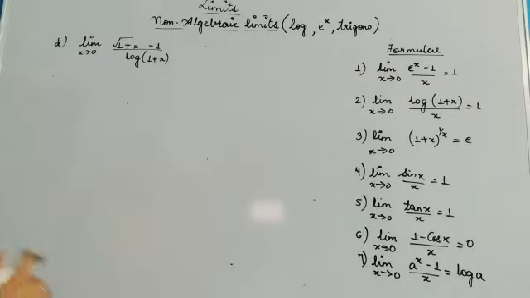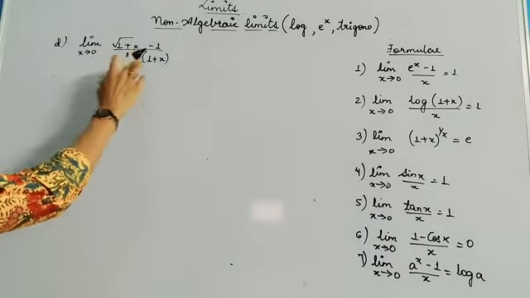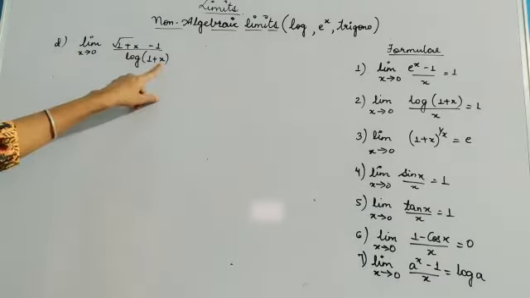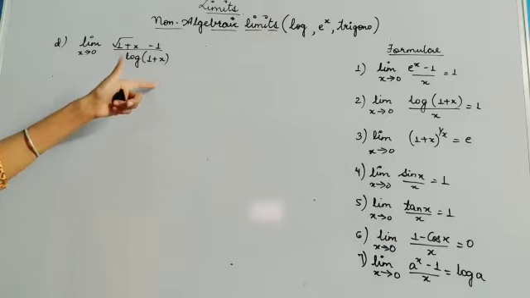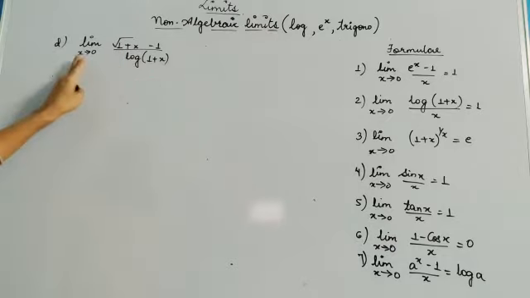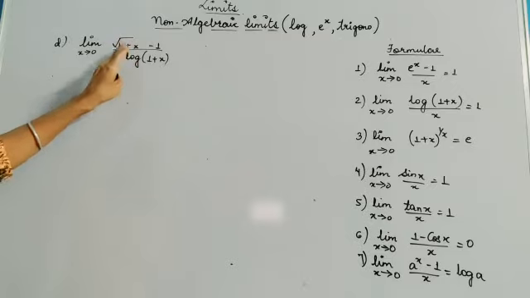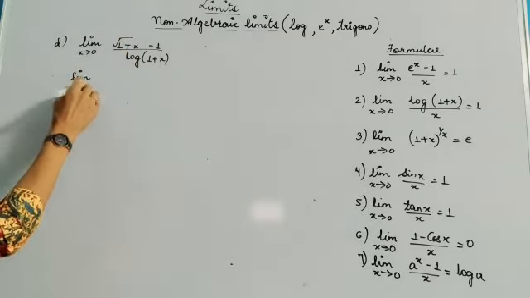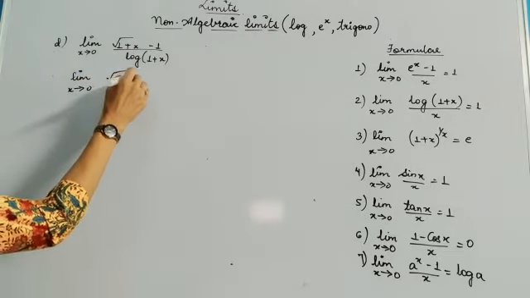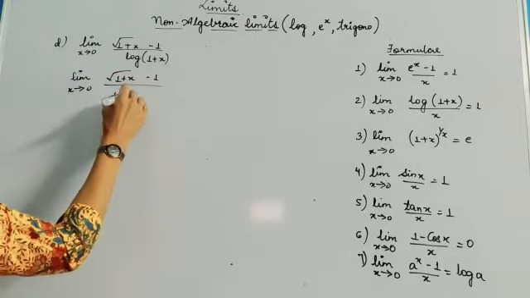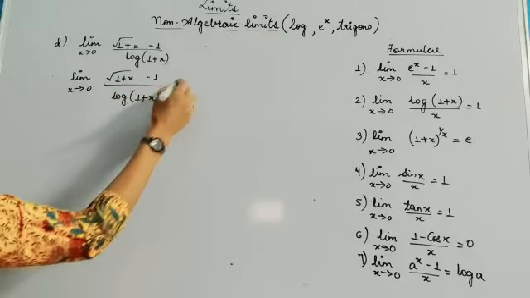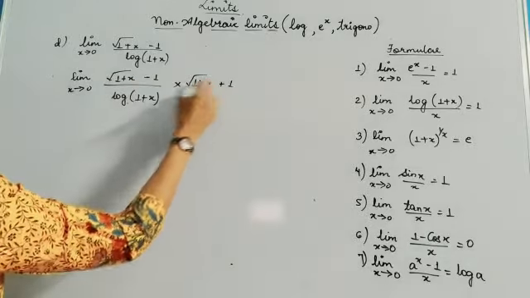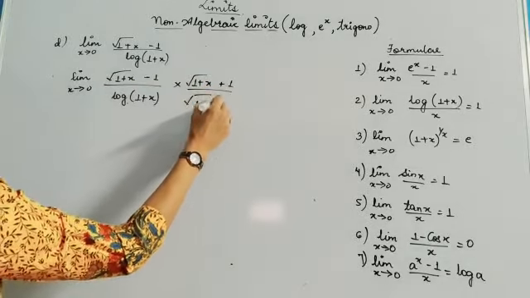Let's see this question, children. Here it is given under root 1 plus x minus 1 upon log of 1 plus x. So I can see if I put x equal to 0, then log of 1 is 0, it is in indeterminate form. So I cannot directly substitute the value of x as 0. Here I am getting it is under root, so I will be rationalizing it. So rationalizing it, I will be getting it as under root 1 plus x minus 1 upon log of 1 plus x as it is, into under root 1 plus x plus 1, and this is minus over here, so I will be taking plus 1, under root 1 plus x plus 1.